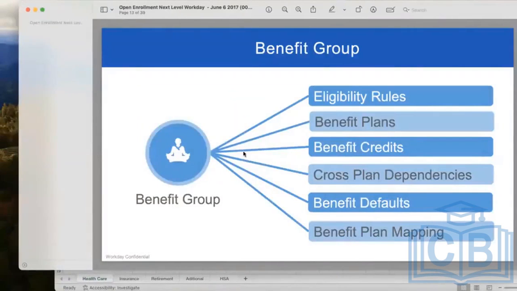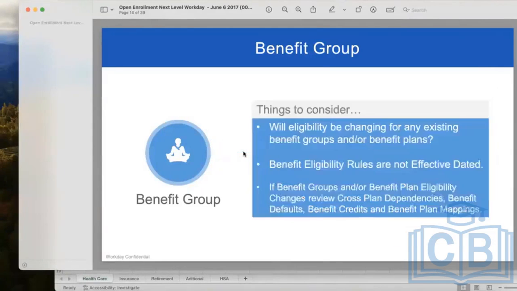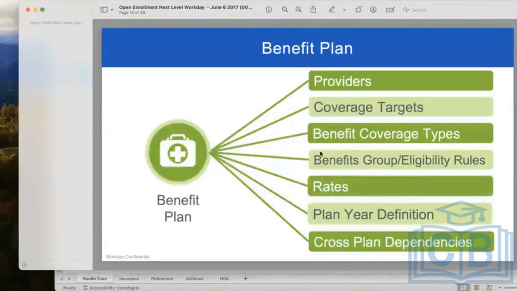Benefit plans. In Workday, benefit plans are classified into 6 types. I will show that in another slide. For the 6 plans, whenever we're configuring, we need to create or define some benefit-related components. For example, if I'm creating a benefit plan,